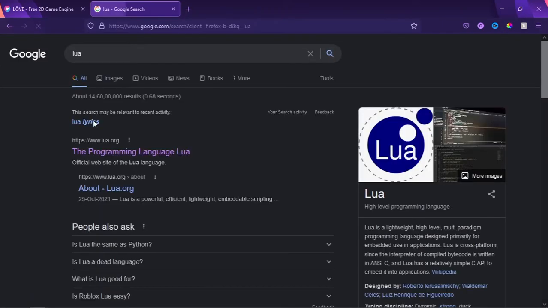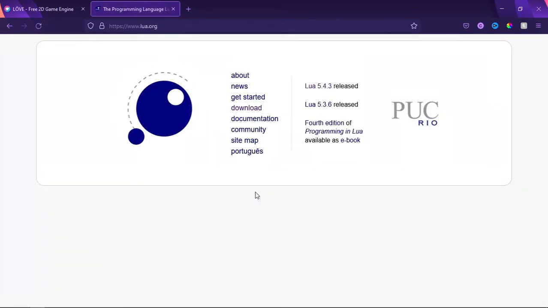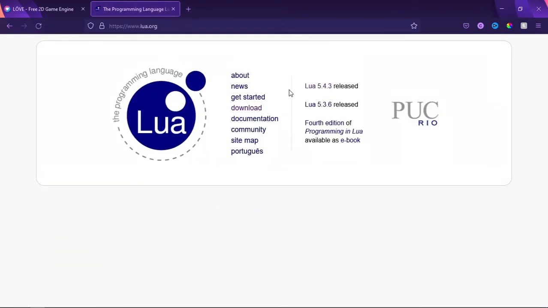So Lua is a little different and it's quite annoying to install, but it's a good language. I actually quite like it. The only thing is you have to type out function entirely, which is kind of weird, and if statements are just weird as well. So once you're at Lua's programming language, the official website that is, you can go to